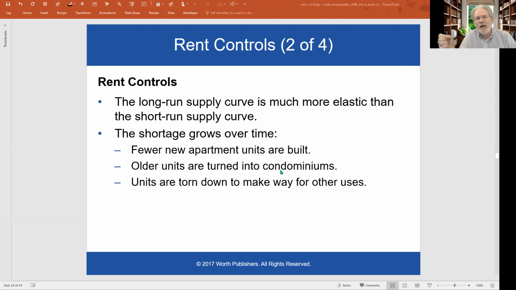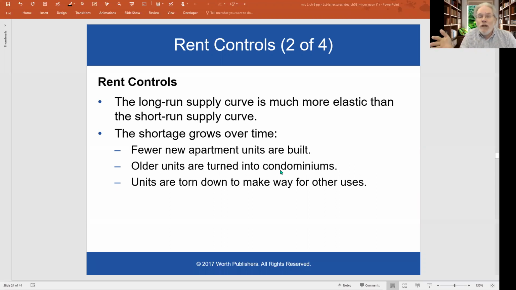You hear the rent's going down to $1,500. You think, oh, this is great. I'm going to have all this extra money. And then you get a notification from your landlord saying, good news, we're going to give you the opportunity to purchase your own unit. So you won't have to pay us any rent anymore. You will own your own unit. And for only maybe $200,000, $250,000, you can own your own unit.